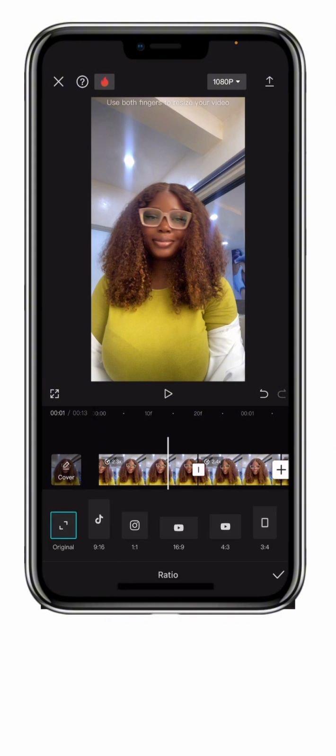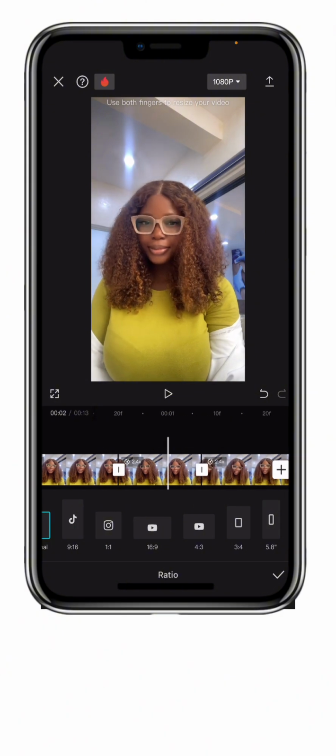So aspect ratio. Now let's say for example we want to create a YouTube video. So normally TikTok and Instagram, they are landscape videos. That means when you're taking your video, you have to place your phone in a vertical way. So if you don't know what vertical means, please check Google. There's vertical, there's horizontal. So when you are taking your video, this video I took now, it's vertical, like my phone was straight up. But when I want to take a YouTube content, I'll have to slant my phone to